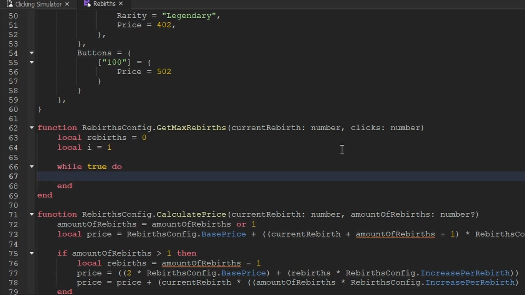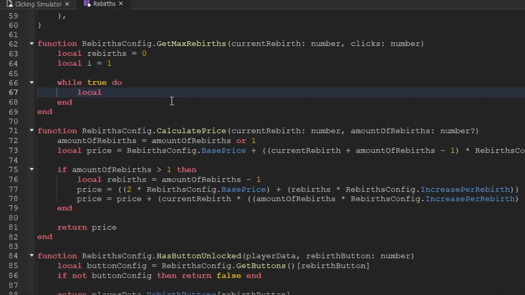And now look, I know what you're already thinking, Monster, didn't you just go off about why you should not be using while loops? Don't worry, once we're done creating this function, I'll actually explain why using a while loop here is perfectly fine. Now inside of this loop, we're going to create another variable, which is going to be